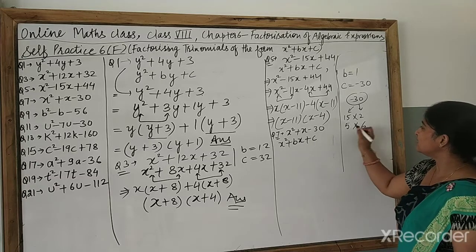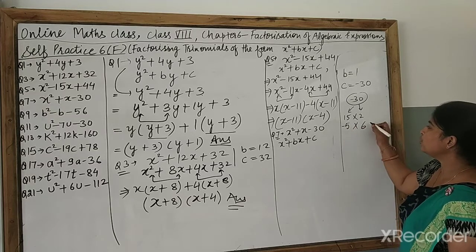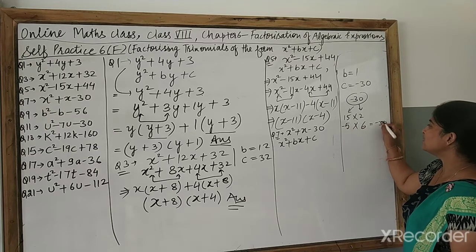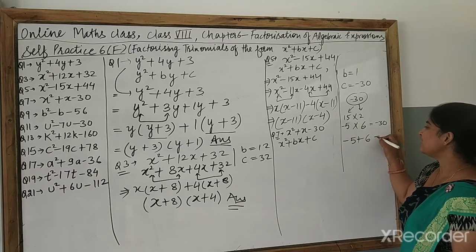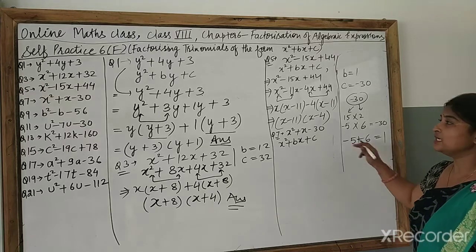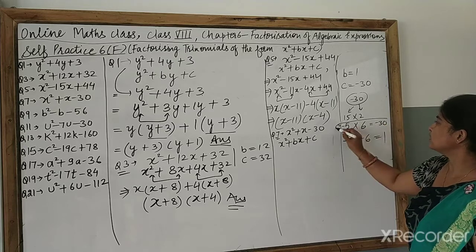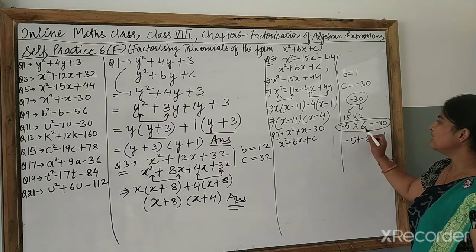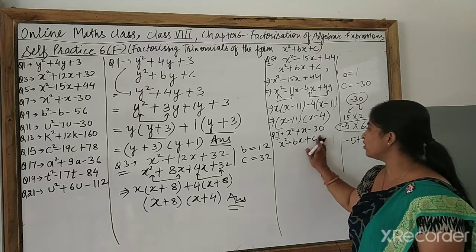So can I do like this? If I am doing minus 5 and into 6, so I will get minus 30. And if I solve this, minus 5 plus 6, what will I get? The number I will get is 1, and that is my B. So I have selected this one. Okay. This portion I have selected. You can see 5 into 6 is 30 and 6 minus 5 is what? 1. So the same you will do over here.